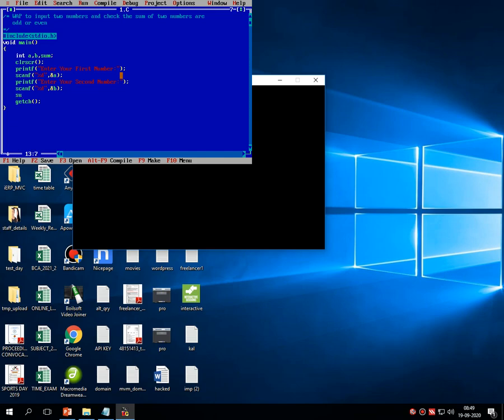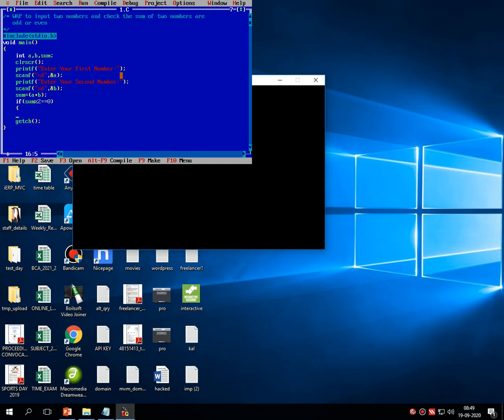Then I need to add these two numbers because I have to check the sum. So first I am calculating the sum of two numbers. So sum equals a plus b, which adds the two numbers, and then I am checking if sum modulo 2 double equals 0.